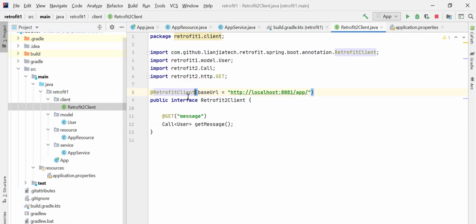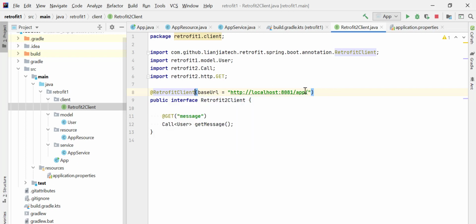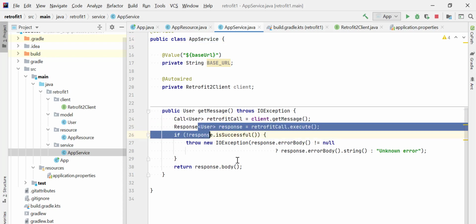We now have a new annotation, RetrofitClient, where we directly provide the base URL and it is going to call the message endpoint. Now in the service method, we just call the getMessage method and get the body.